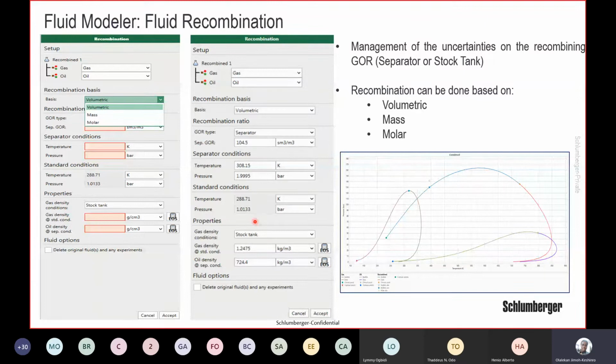But now you have the flexibility of actually overriding that, of capturing some of the concerns around the GOR, because in this tool you can actually carry out the recombination by just